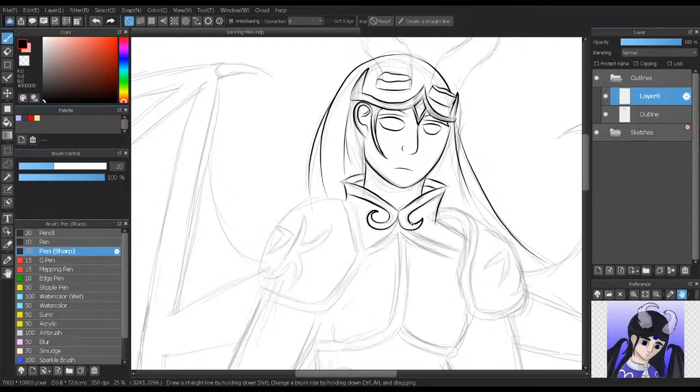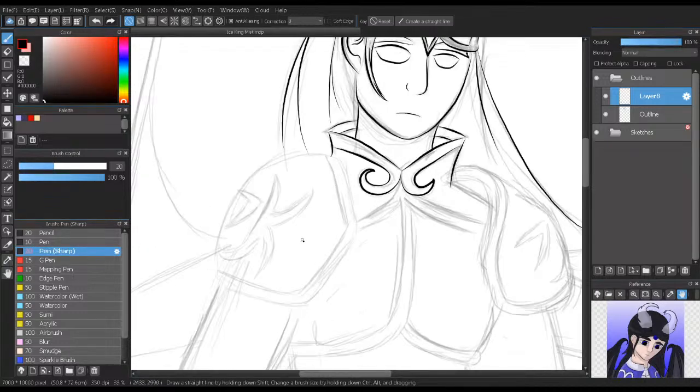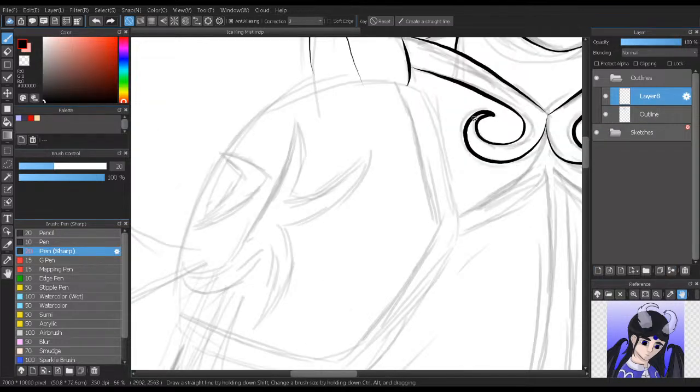Okay. Yeah. So now I think we do the shoulders. I think that's the most natural step here. So merge that down. And then...